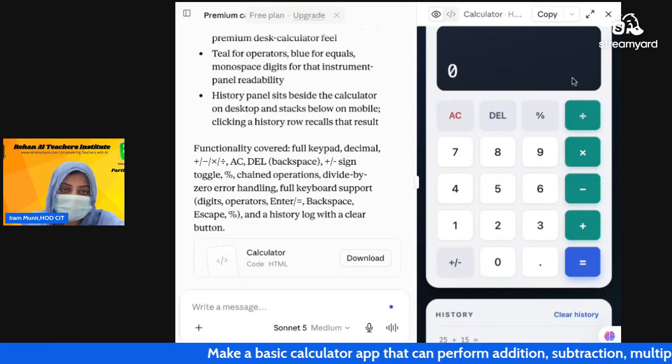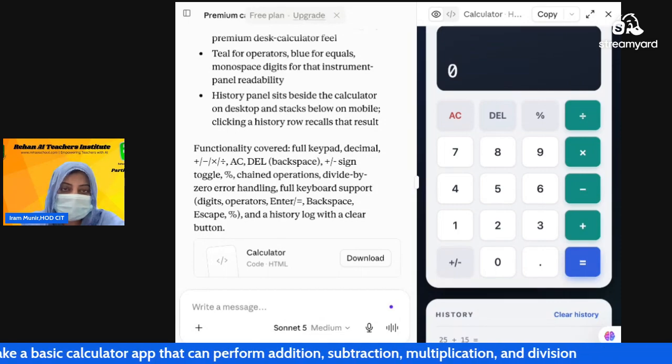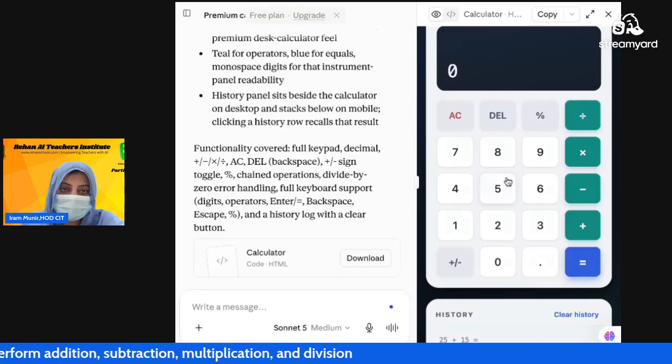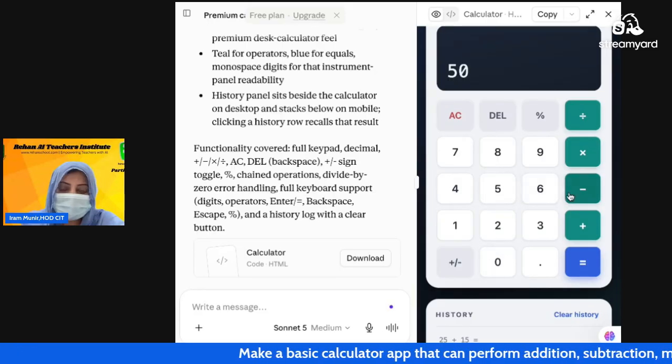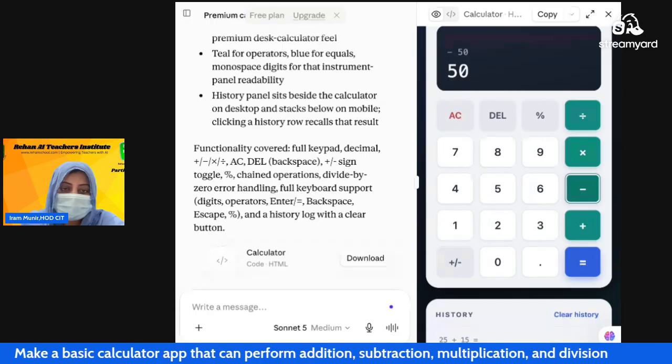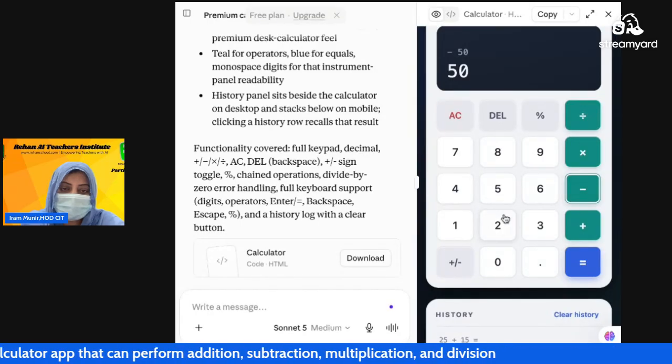That is subtraction. Now let's test whether the subtraction function is working or not. Okay, I will enter 50, click on the minus button, and then after that 20.